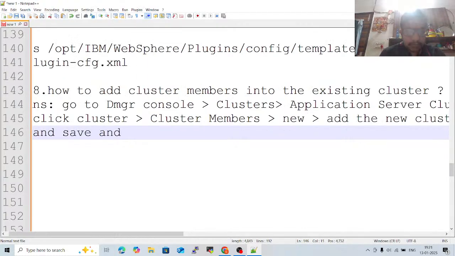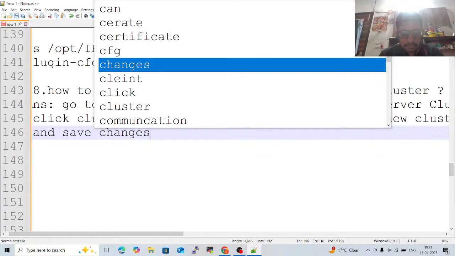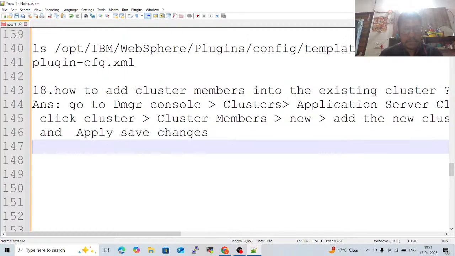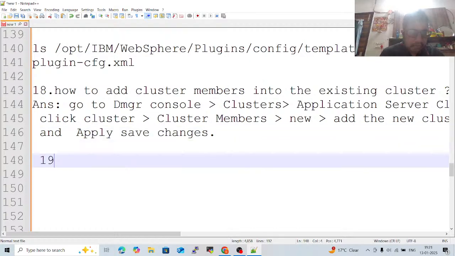Under save changes, apply save changes. Okay,